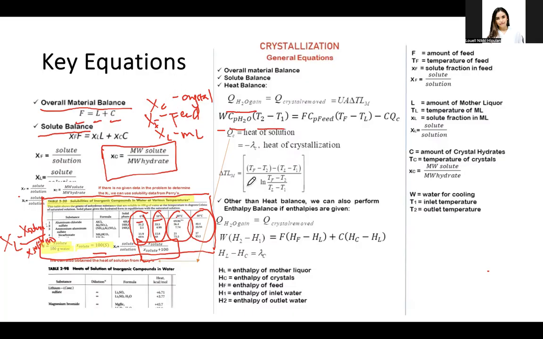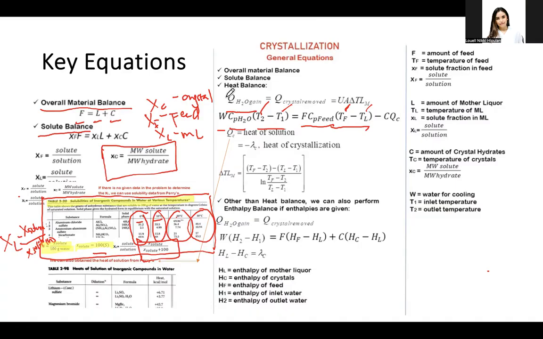So water out, which is the outlet T2, minus the water in, T1, final minus initial, is equal to the heat removed from the crystallizing solution. So you have your F, or the flow rate of your feed, times CP of the feed. It depends on what solution you have. And then, since it's heat removed, it's the initial temperature minus the final temperature,